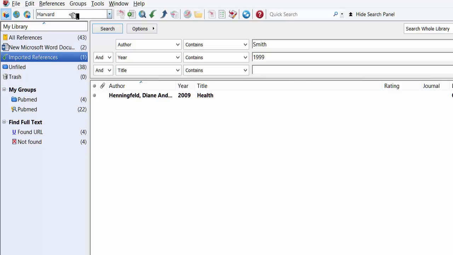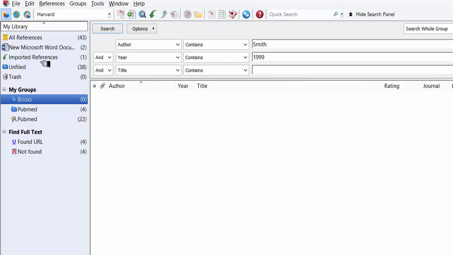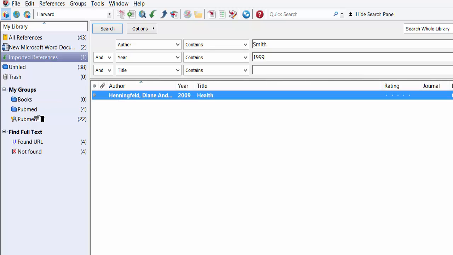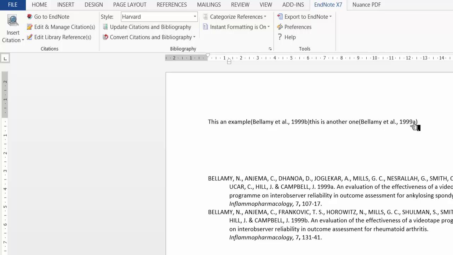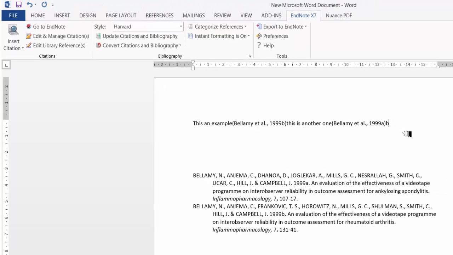Now actually I'm going to create another little folder there, and I'm just going to call this books for now. So what I can do with that is click on the imported reference, hold the left button and drag it into books, and now I'm ready to cite with it. So let's go back to the Word document, which is Alt 1. I'll put what I'm going to quote, I just put book, and now I'm going to cite that by clicking go to Endnote,